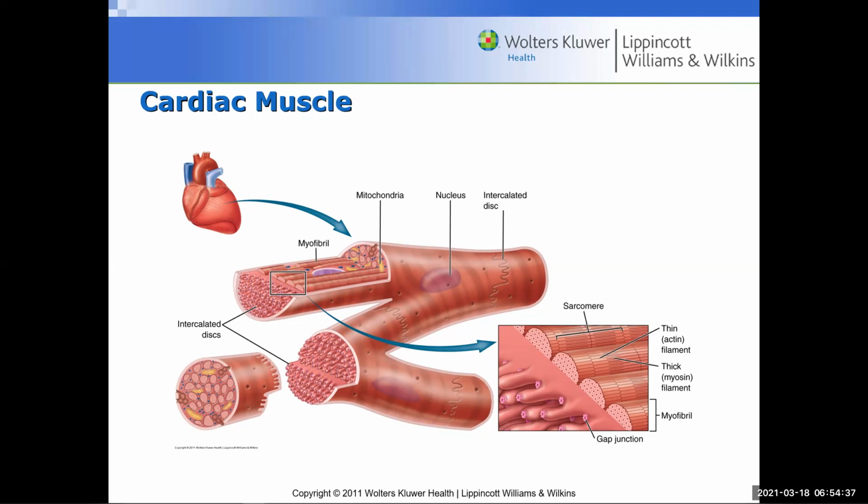So that's one way in terms of when you look at a slide to tell the difference between, let's say, cardiac muscle and skeletal muscle, because they're both striated, but of course cardiac has these little dark parts, which are the intercalated discs. Now, what is the purpose of gap junctions? To physically hold cells together or to electrically couple cells? And the answer is these gap junctions are very critical for